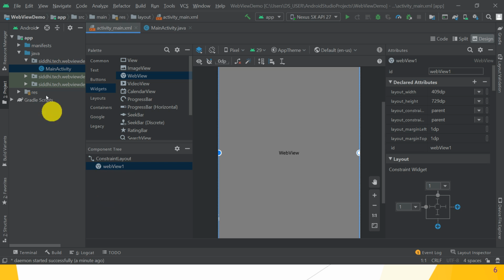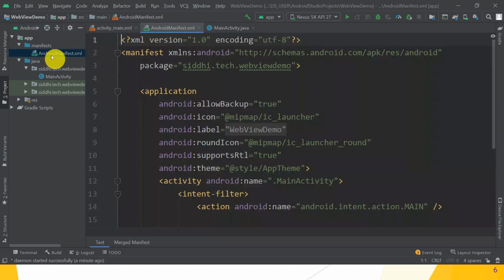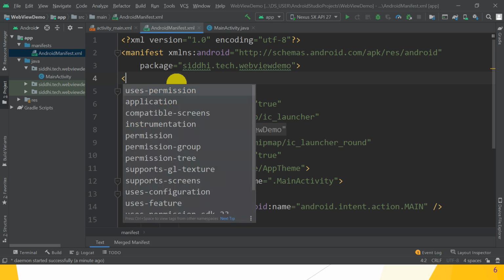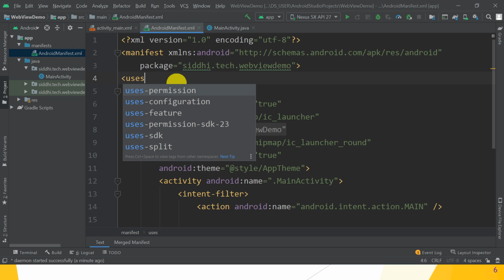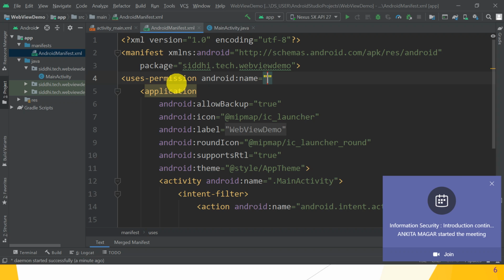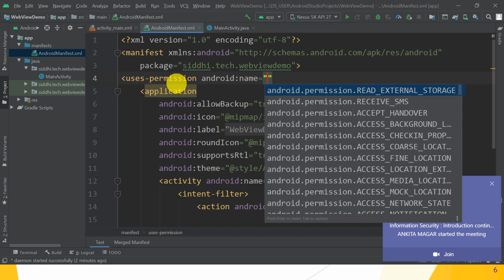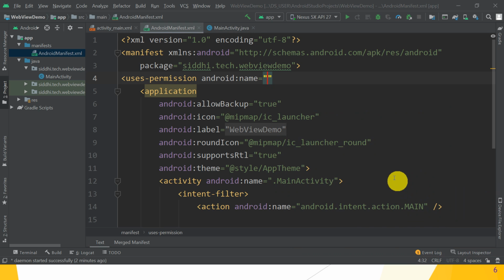Next, in the AndroidManifest.xml, what do we have to do? We have to set the permission. So, how to set the permission? That is uses-permission. Which permission do you want to set? That is android:name. So what is the name of this permission? So the name is